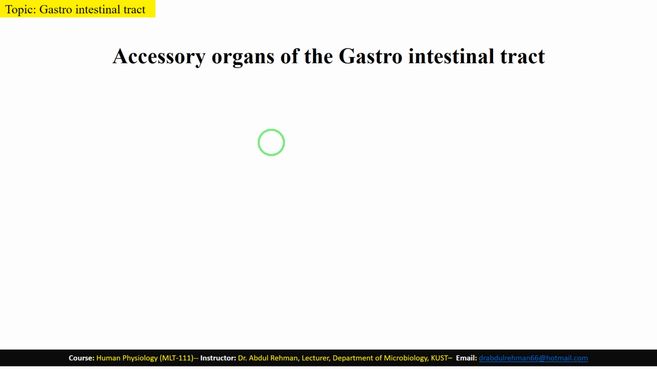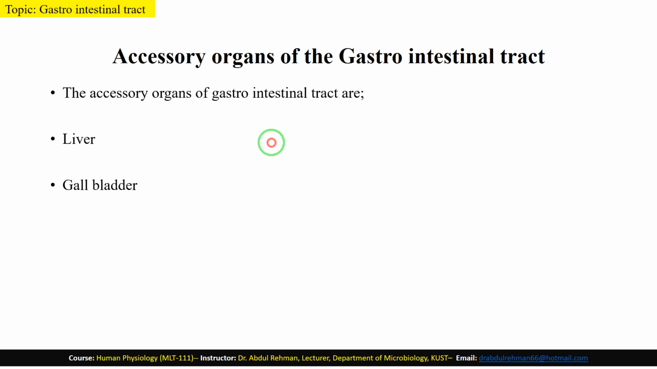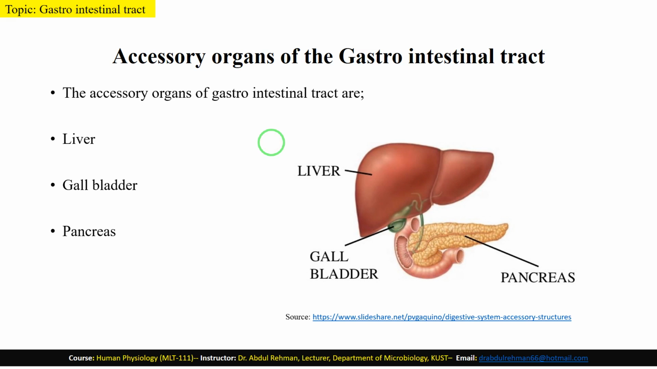The next part of our lecture today is the accessory organs of the gastrointestinal tract, because among the major organs, accessory organs are also necessary for complete digestion of food. There are three accessory organs: liver, gallbladder, and pancreas. These three organs work in association to release complex substances that contain different enzymes, such as protease, amylase, and lipase,